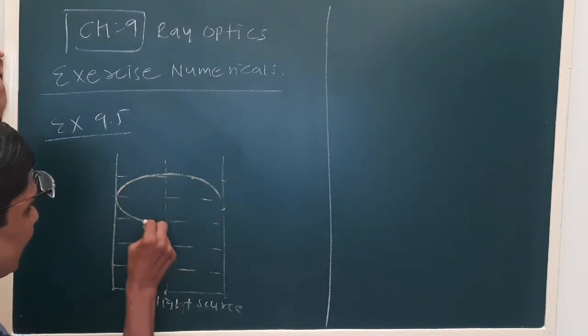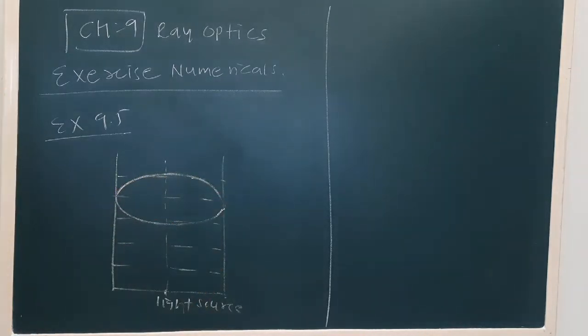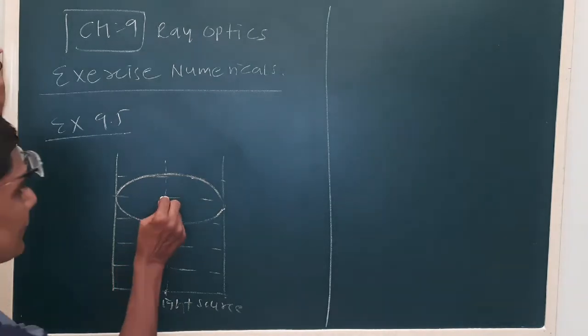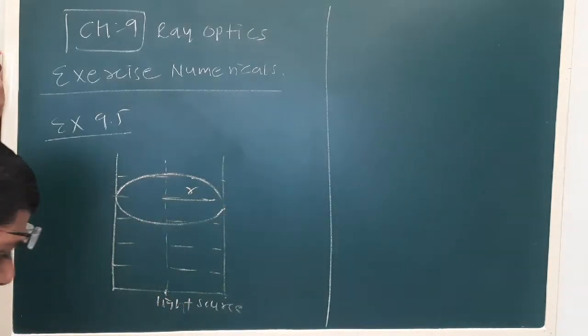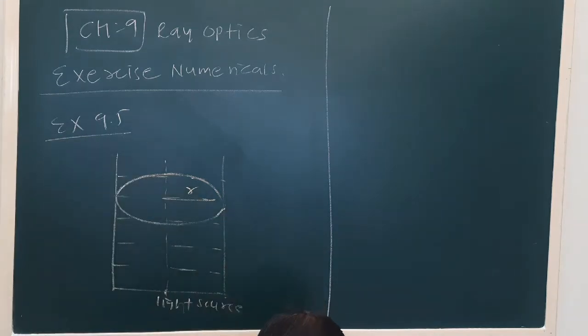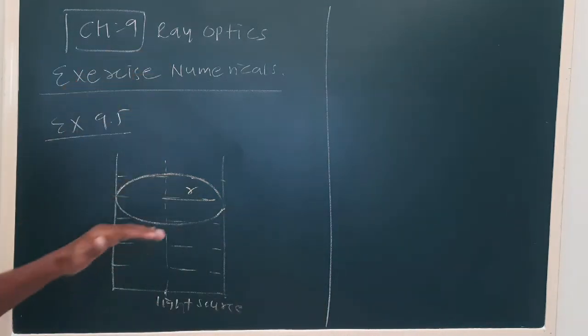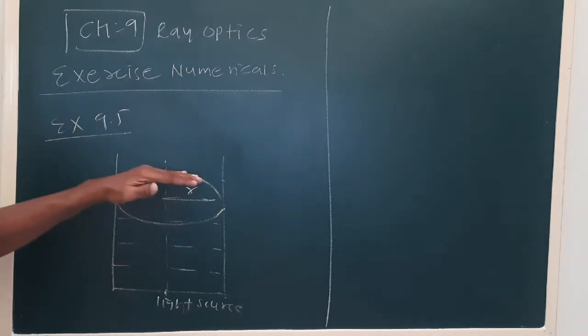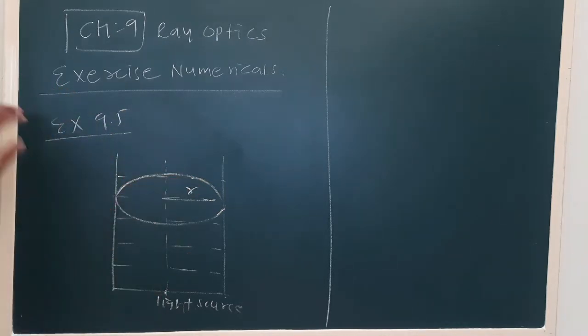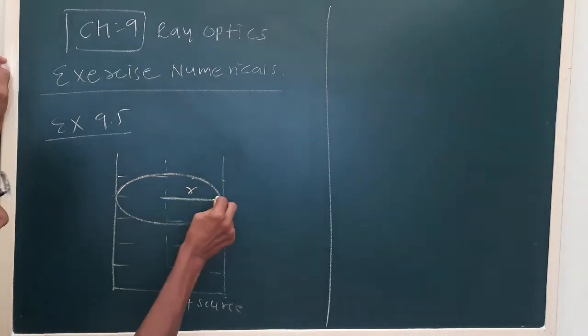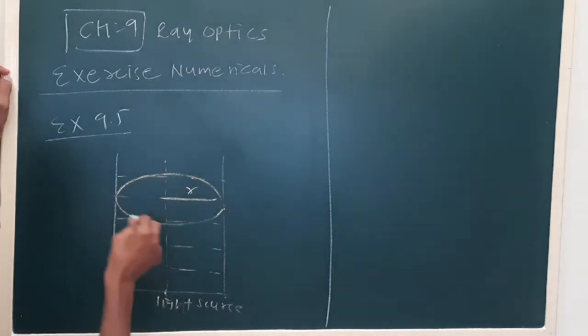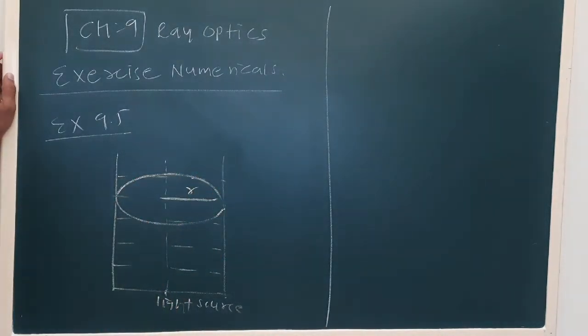Now let us say it is a circular path, a circle of radius r. We have to find out at what height. We can think like this: let us say the water is filled in, and we take out water for a certain depth or height. The total internal reflection takes place, and we have to calculate that height. This may be considered a circular path, and we have to calculate the area of this circular path.